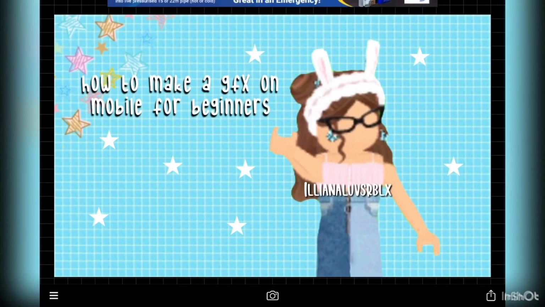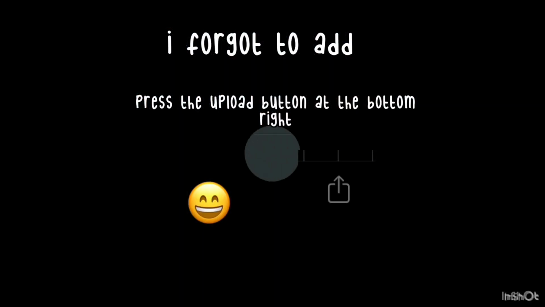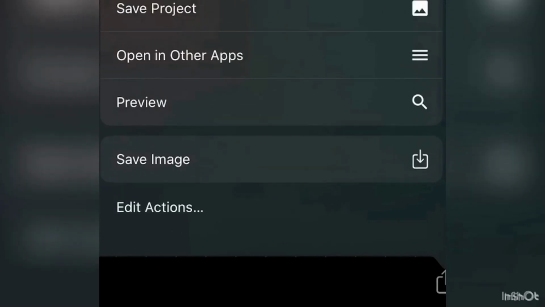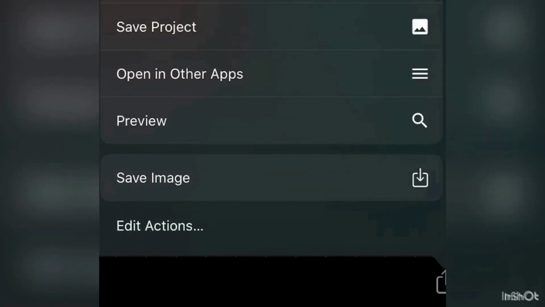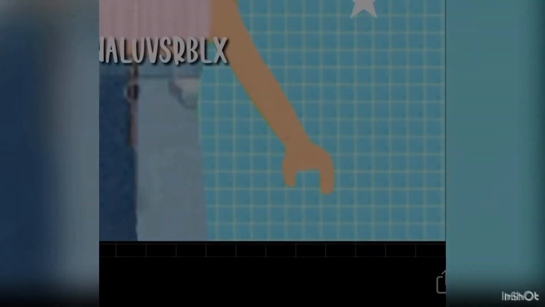And then I added my Roblox username, and BTW, I do know that this is a bit blurry, but that's as best as I could make it. I tried my hardest. But yeah, and then you scroll down, and it should say save image as a PNG, and save it as a PNG, and then press